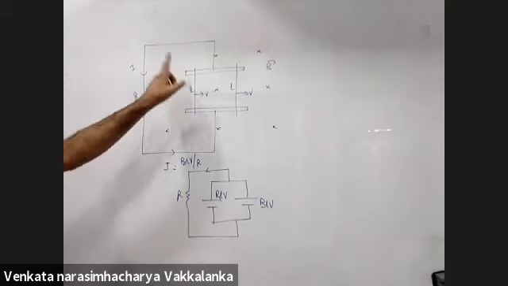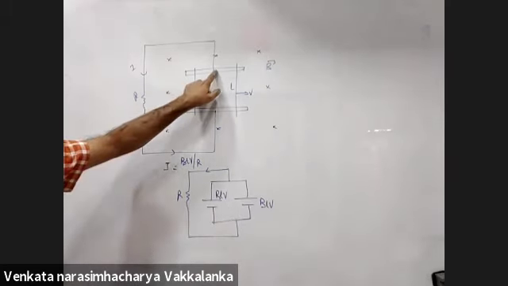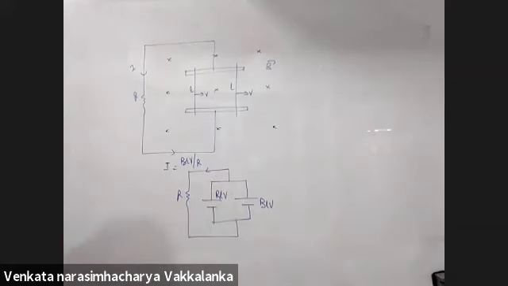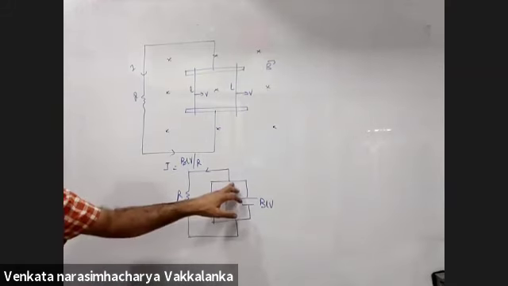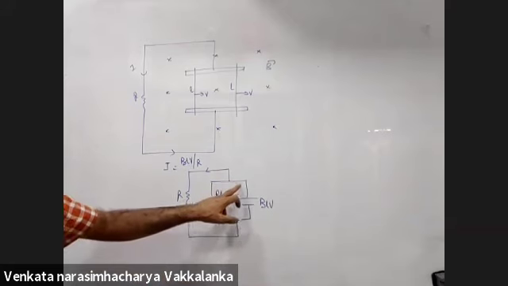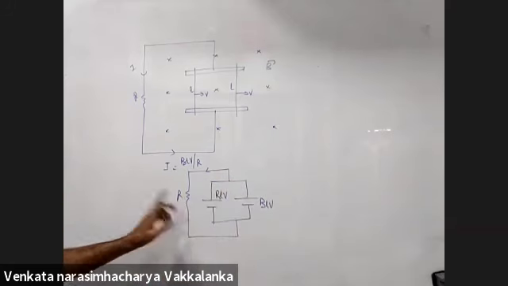See the equivalent circuit. In the previous case, you kept the resistance in series here. Here you kept the resistance in parallel to the two batteries. The induced current will be BLV by R. There will also be a resistance because of the rods, right? Which you should take in the previous case. Generally, I take some resistance. Here I assumed it to be 0. If you take that resistance, then find R equivalent and find the current. Okay.